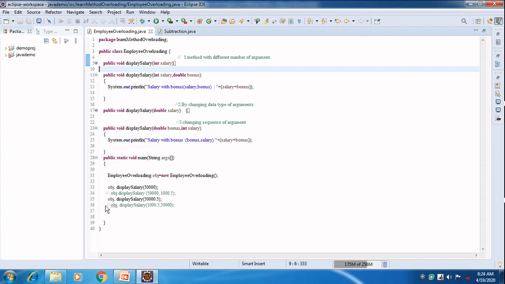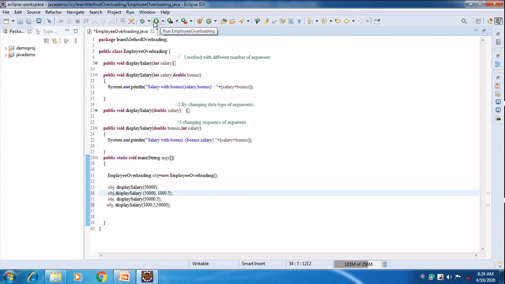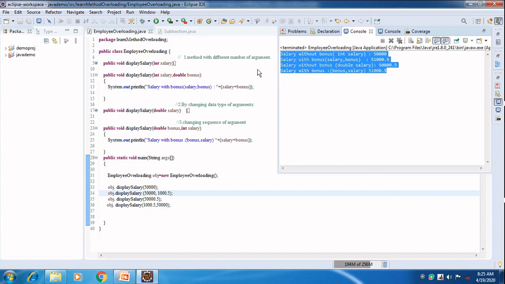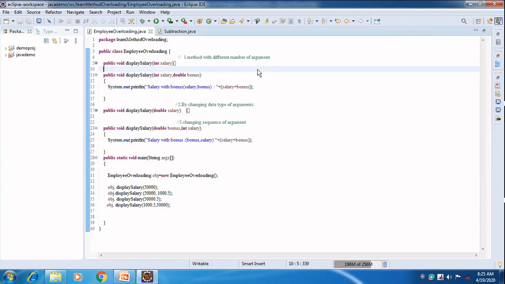So what happens when I execute that? I will just invoke the methods. So I am running the method. So what happened? Based on the method that has been invoked, it sees the arguments that are being passed. Based on that, the corresponding method will be invoked and executed. So this is about method overloading.